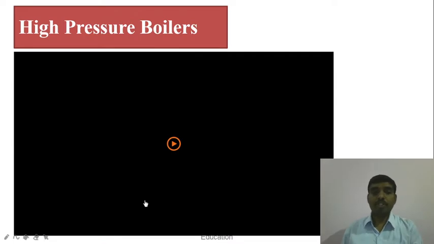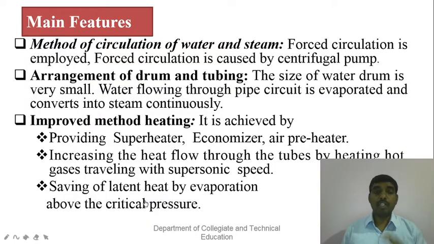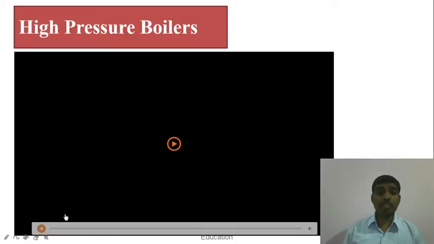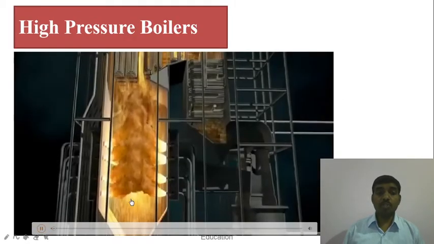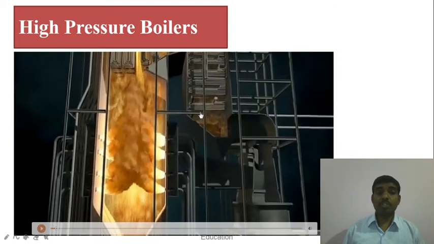I hope this video is very helpful for understanding better how modern high pressure boilers are operated in thermal power plants. Let's take a glance at this video once again. I will just explain. These are the various boiler components. See here all the superheater, the reheater, the air preheater, the economizer are mounted inside to get high pressure. Here each and every section will operate to get the high efficiency of the boiler.